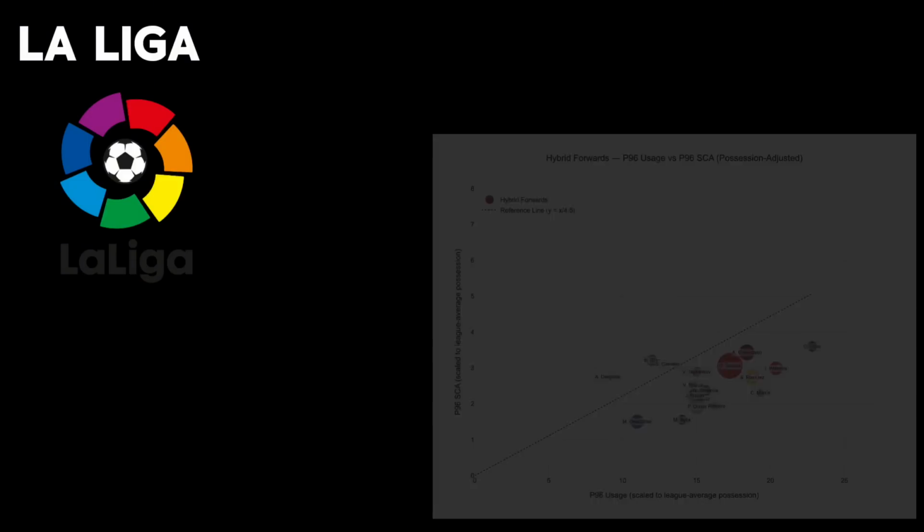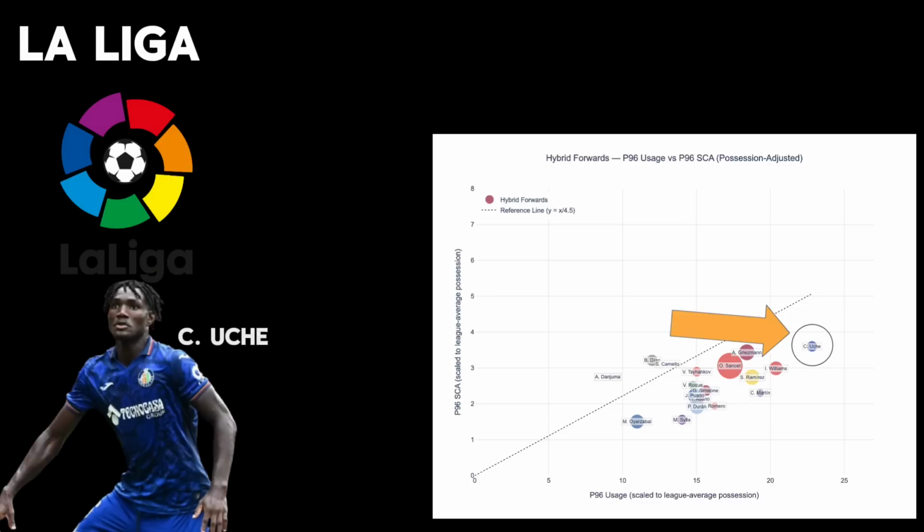Somebody else who's very interesting to me on this list is the hybrid forward known as Christantus Uche on Getafe. He used to play as a defensive midfielder, switched positions last year, and ended up with 10 goals and assists as a 6'3" hybrid midfielder forward. Kind of an odd build, but if he can move closer to that efficiency line, he looks like a fascinating prospect in terms of the physical and the technical. And I just discovered Wolves have made an offer.